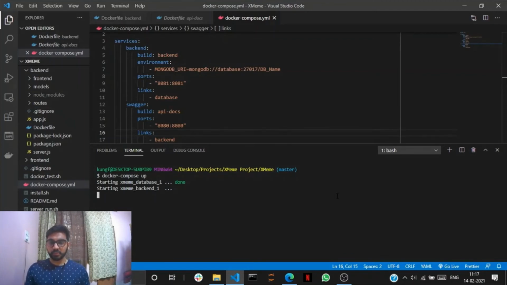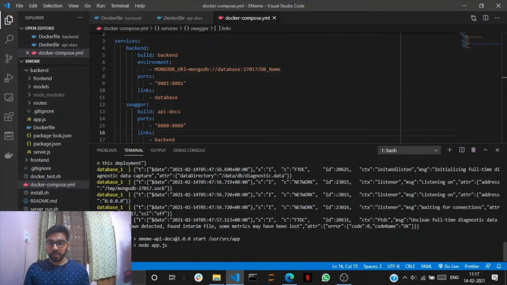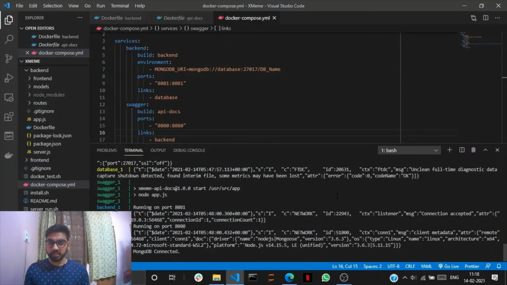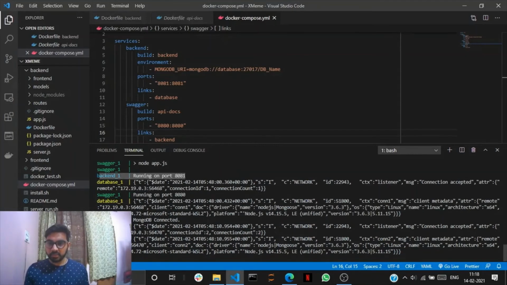It would take a few seconds to get up. So as you can see, the database is being connected. The backend is running on port 8081, and the Swagger is running on port 8080.